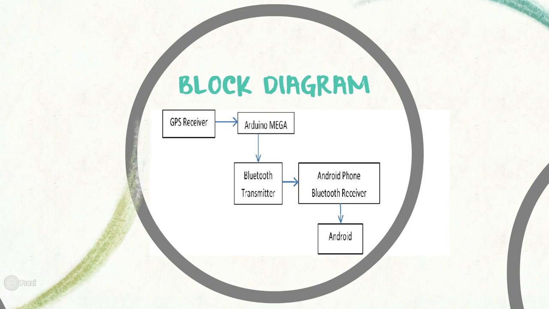This is the block diagram of the system. The Arduino Mega integrates with the GPS receiver over serial interface and requests current location details like latitude, longitude, and time. The GPS receiver is transmitting the data to Arduino at 4800 baud rate. This data is transmitted to an Android-based phone over Bluetooth at 9600 baud rate. An application called GPS Tracker is running on the Android-based phone, which receives the data through the phone's Bluetooth receiver. It then processes the data and plots the location traversed by the person or asset carrying the module.